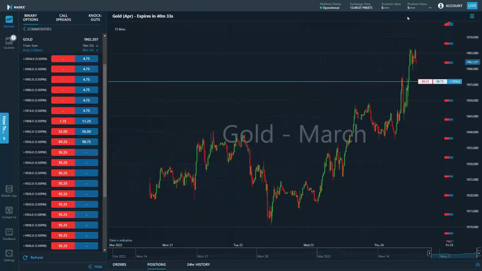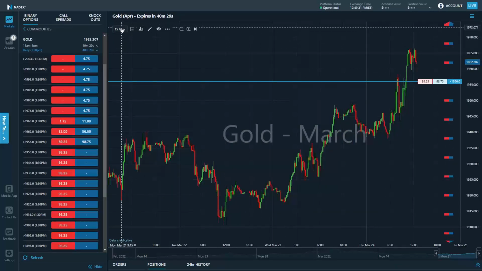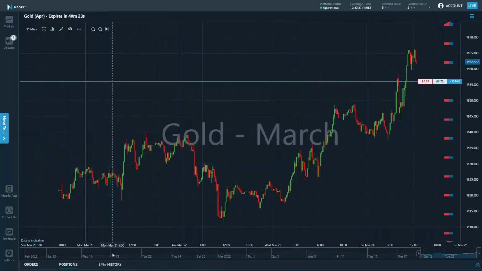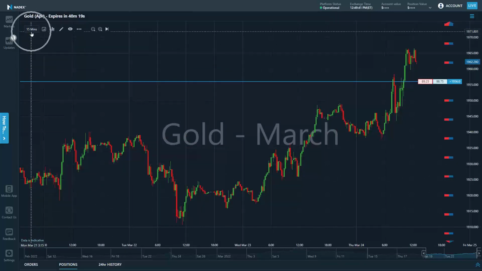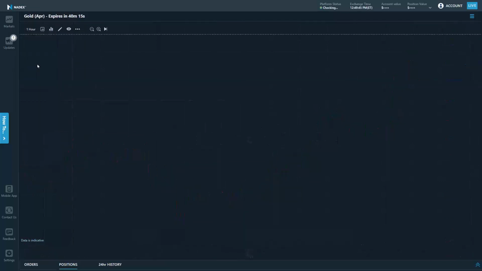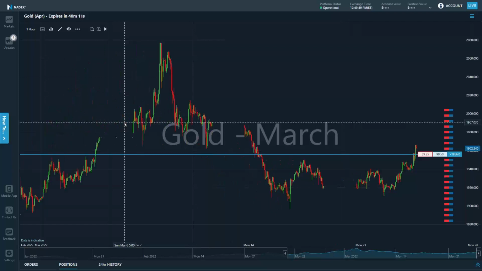Let's go ahead and move our order ticket out of here, so it gives me a little bit more chart. A demonstration. You know what? We can probably even get this out of the way, and let's just take a look at a chart of gold. Easy enough. Notice up here in the upper left-hand corner, I could change. Do I want to see an hourly chart of gold? All right, and I could take a look at an hourly chart of gold,